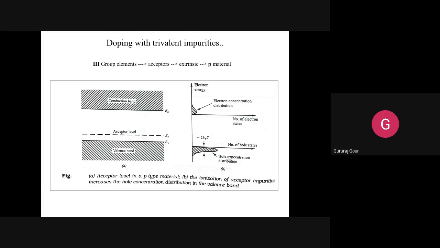That is going to increase this peak in the valence band with the acceptor level here, because the holes contribute less to the conduction than the electrons. So trivalent ions will contribute less to the conduction than the pentavalents. So this is all about the basic things we already know. If you add pentavalent, you will get N type. If you add the trivalent, that is a P type.